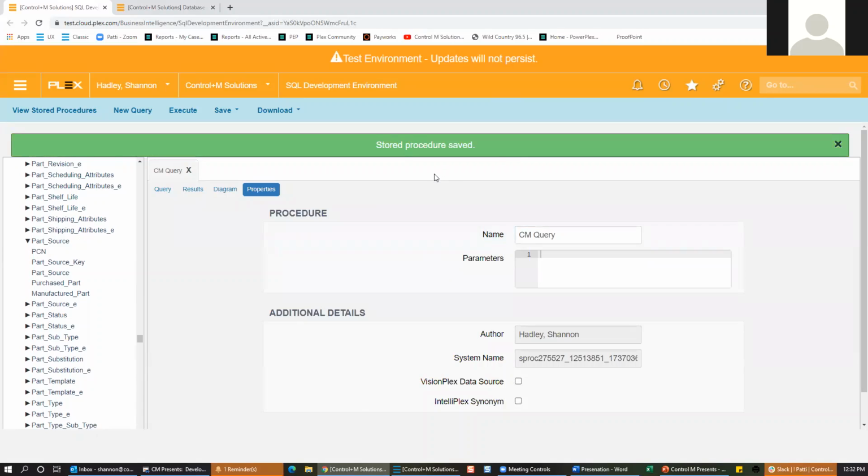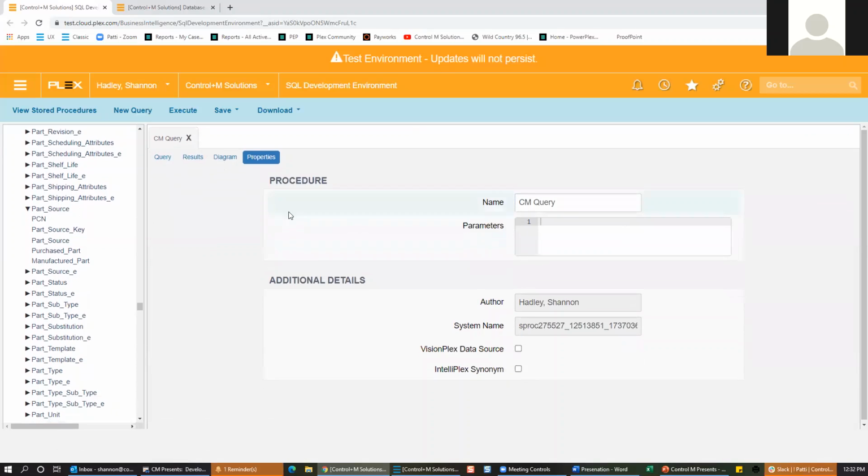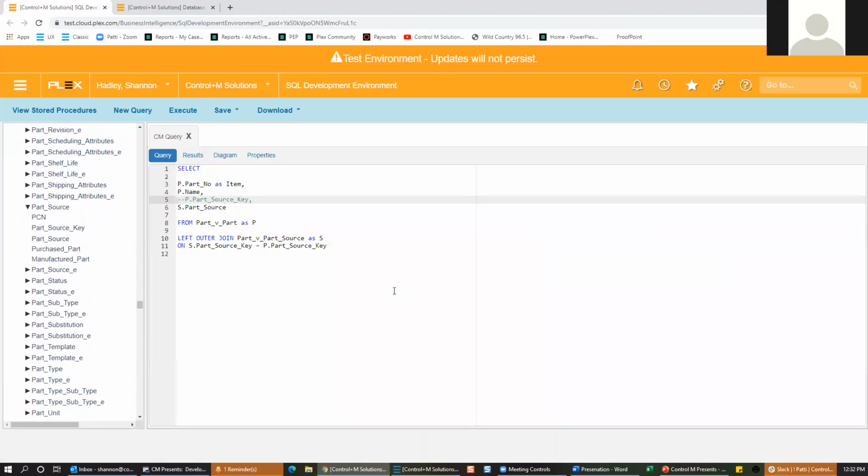We're going to do one more thing here. We're going to go ahead and we're going to filter out. Let me just close this, go back to our query. We're going to filter out for specific part source. And I would do this by adding in my where clause. I want to know all of the parts that have a part source of purchased. So when I add my where clause,